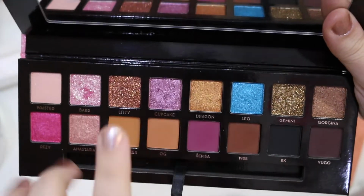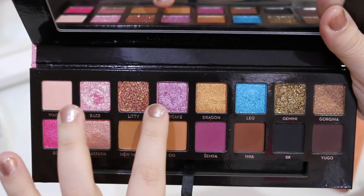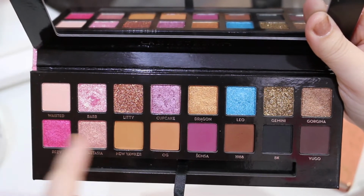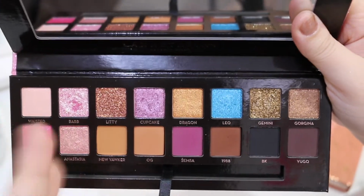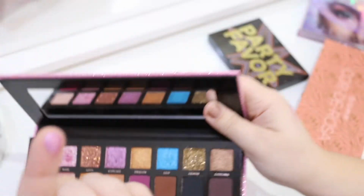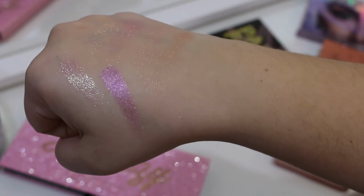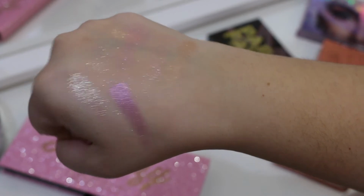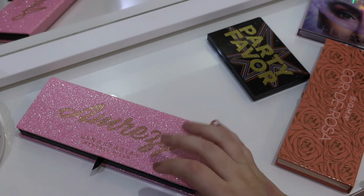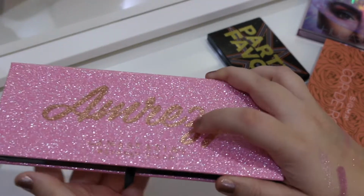And this shade, Cupcake, I'm not even gonna swatch it because, don't be mad at me, I wanna use it as wisely as possible. Well, I'm gonna tap it a little bit. Well, here. I'm gonna swatch it for you because I really want you guys to see it. This shade is everything to me at the moment. I'm not a purple kind of person, but this shade right here really stole my heart,